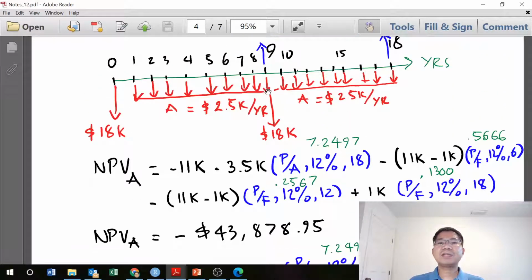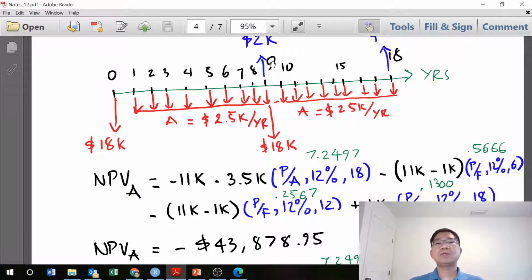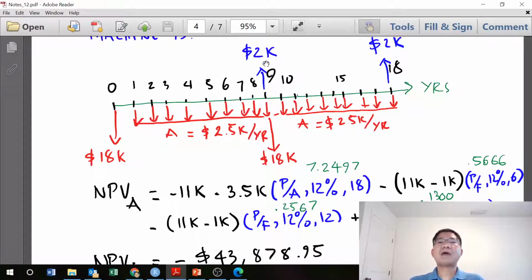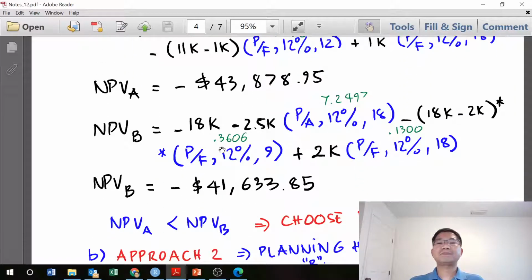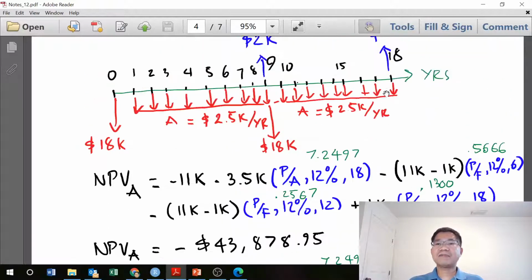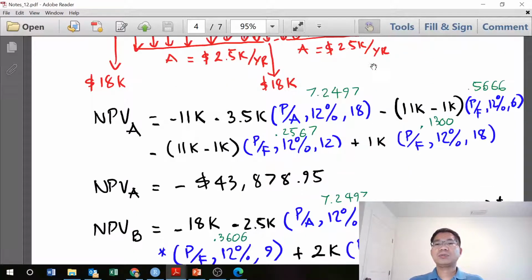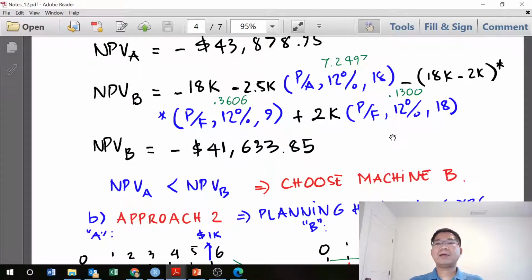And then at year 9, we have to spend 18,000 to buy the second machine, machine B, and we receive the salvage value of the first machine after the first 9 years. At the end of year 9, 2,000. So you have 18 times P over F 12%, year 9, and the 2,000 salvage value here. So you get there. Similarly, use the table, you have